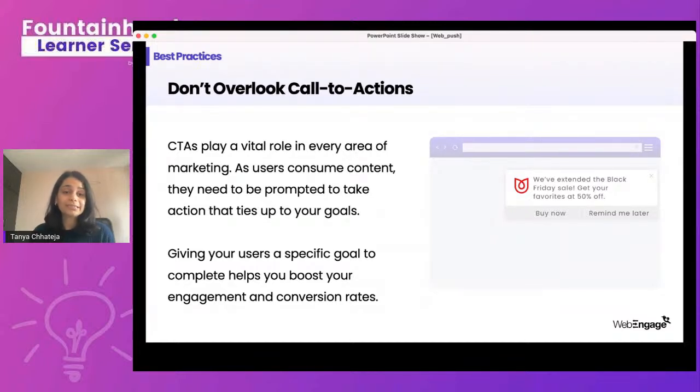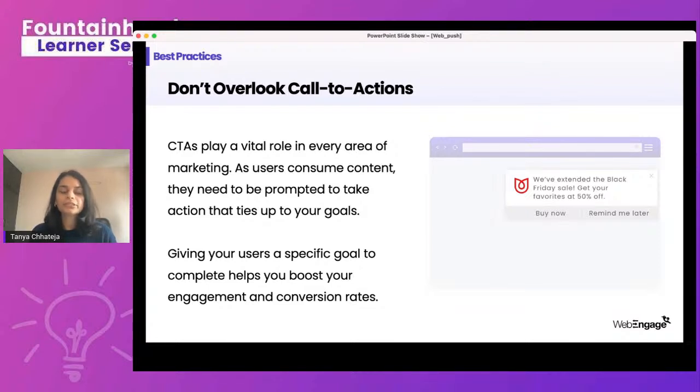What you can also do in CTAs at this point is use deep linking. If, let's say, you're talking about a specific category of products and the notification belongs to, let's say, a handbag category, or a specific e-commerce category, then you would want the users to directly go into that specific category and not your main homepage in general.